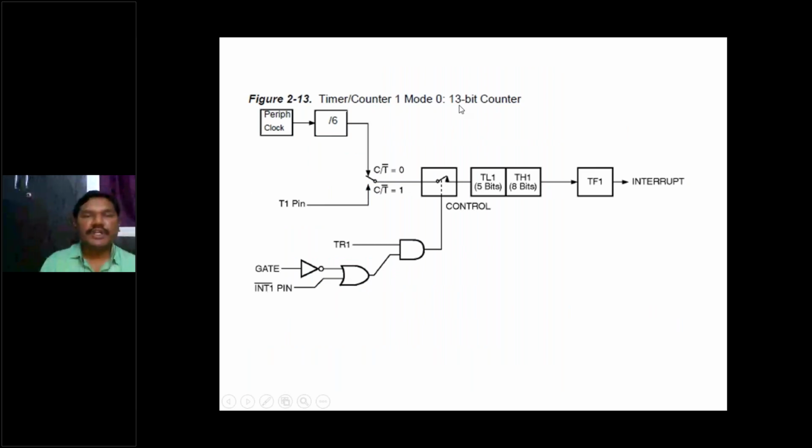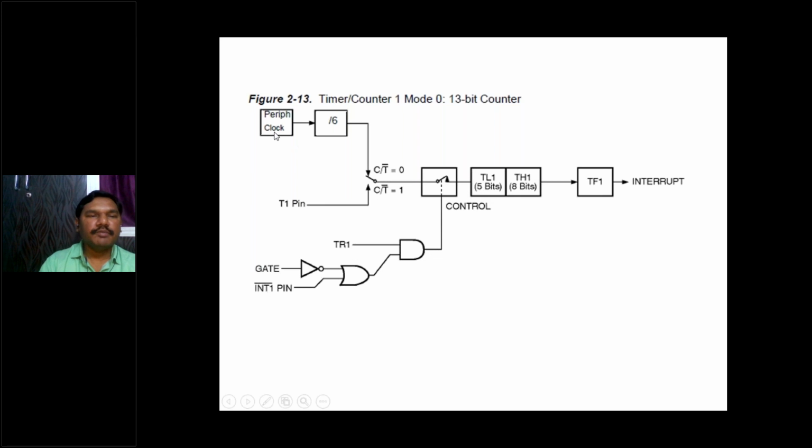Okay, 13-bit counter. So 13-bit means here 8 bits and here plus 5 bits. The remaining 3 bits of this lower order register become 000, and the higher order register will be taken as 8 bits, and in the lower order only we are taking 5 bits.